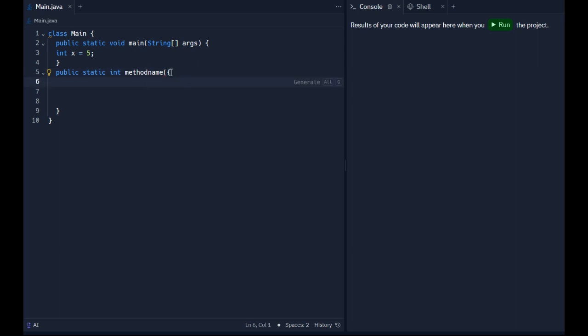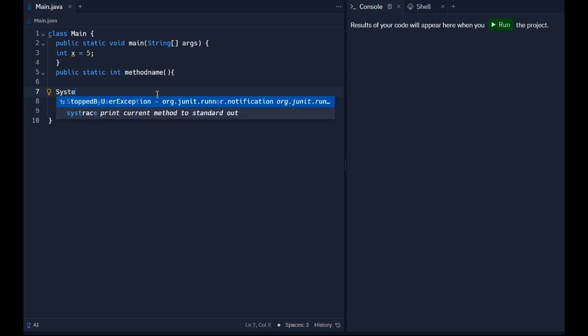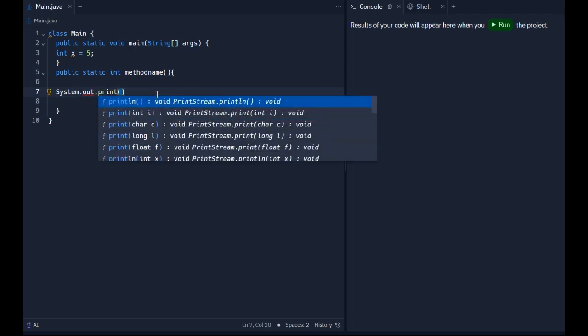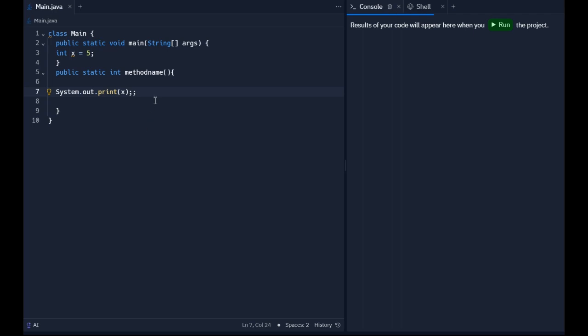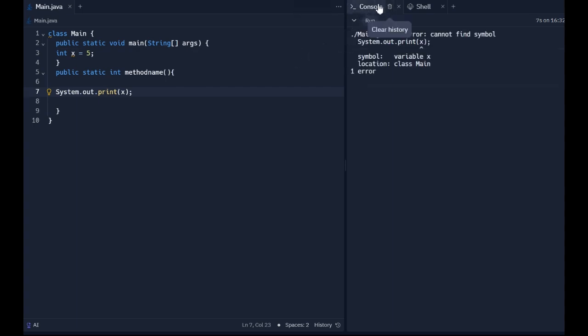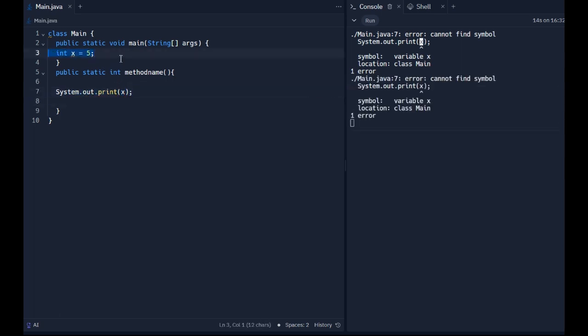If I were to, for instance, just do system.out.print x, that will run an error. See, that's definitely going to run an error. It says cannot find symbol x. Because this x is only allowed to be accessed in this method. However, if we were to declare a new variable right here named x, it would access this variable because this variable is